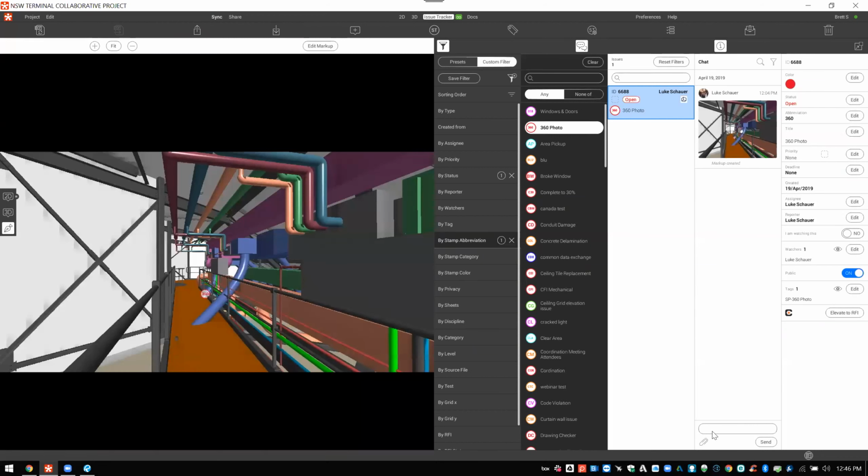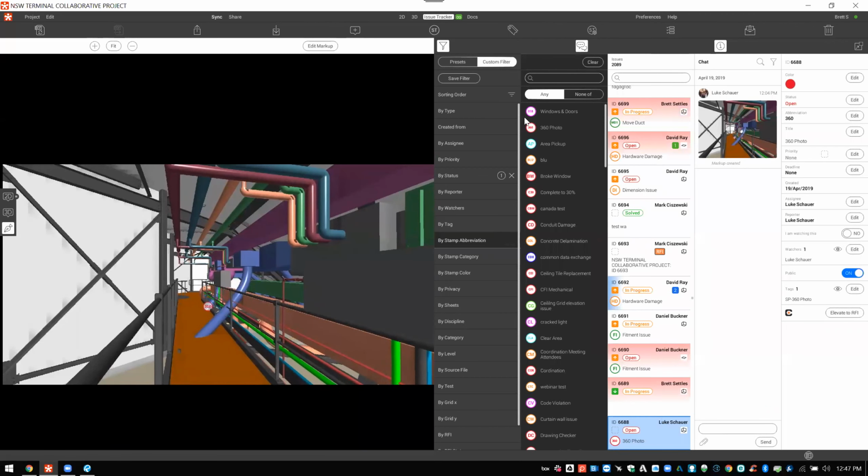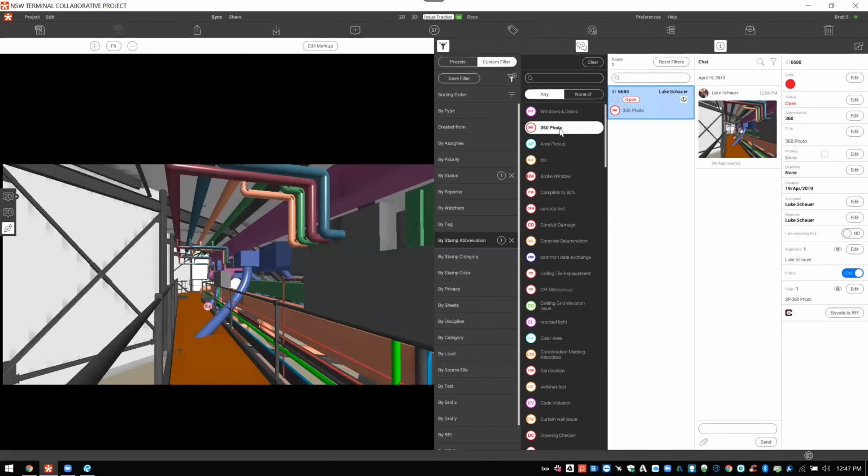And I can, if I'm using Instruction Site or I'm using Matterport, I can actually link that right here, and that link will be live. So in fact, what I'd like to do, I don't know if I can find any of that in here. Let me see real quick. I knew that there were some 360 photos in here, but I don't know if they're all under that stamp